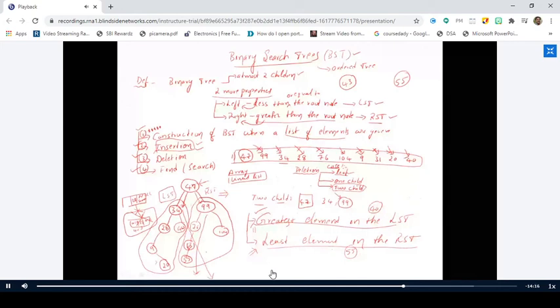Again, if you want to replace 47 with 40, you have to delete this node. That's it. Is it right or not? You have to copy this 40 into this particular node, and then you have to delete this node. So deletion of a node consisting of two children involves both deletion of a node with two children along with deletion of a node with leaf or deletion of a node with one child.